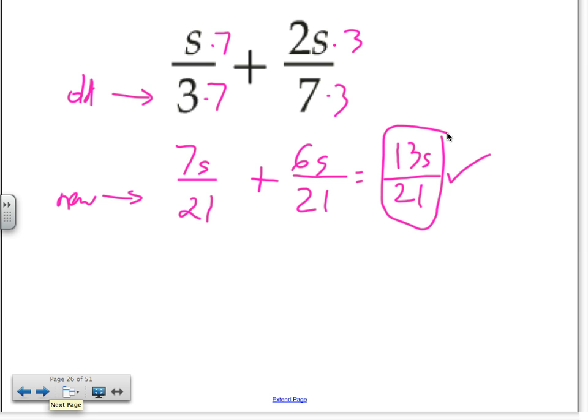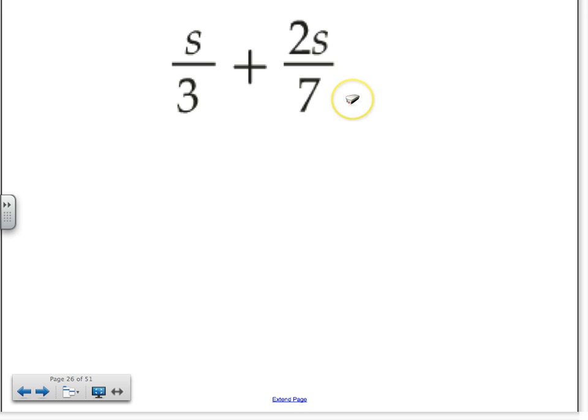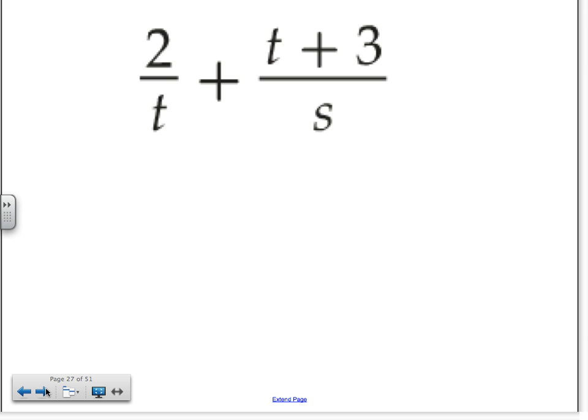What questions do you have? I hope it made that clear for you in terms of finding the LCD and everything else. Pretty good, right? Okay. And let me show you the next problem here so you can actually figure out what it is. What is the LCD here? TS. Very good. They're both different. There's nothing for you to take out, so it's just a product. So if your LCD is T times S,